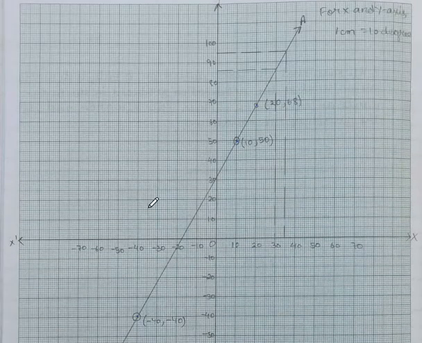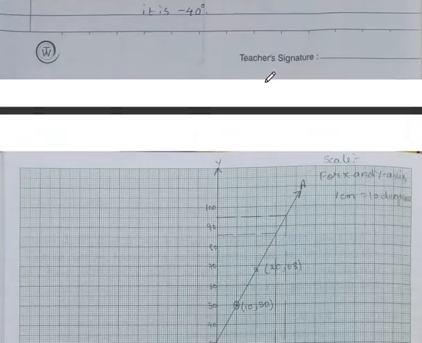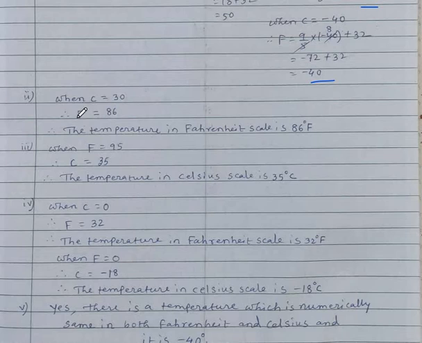From the sketch you observe, when C is 30, from 30 by dotted lines till your straight line, your graph, you make an imaginary line. So Y is coming 86 till this much. That's why I made the dotted lines. When X is 30, Y is coming 86. That's why for the second answer I wrote after making the graph: when C is 30, from the graph we are getting F is 86. No calculation. Observe from the graph. So the temperature in Fahrenheit scale is 86 degrees Fahrenheit.